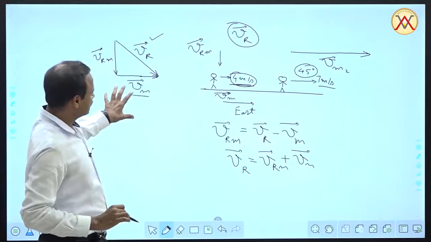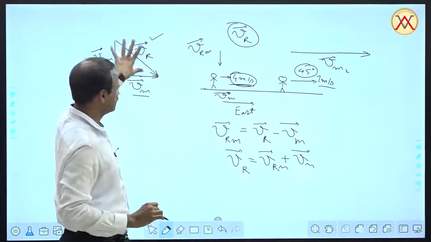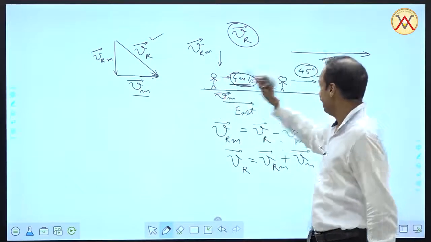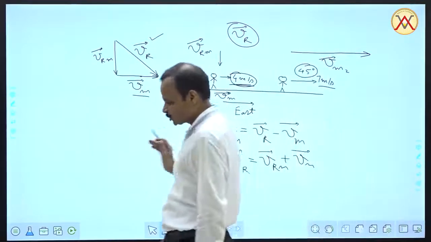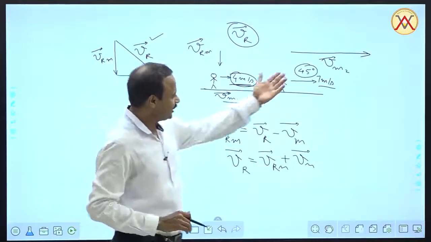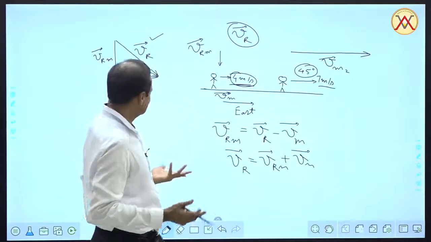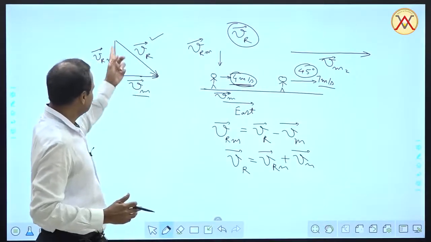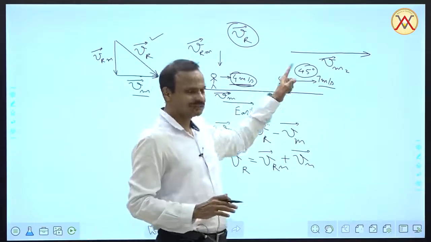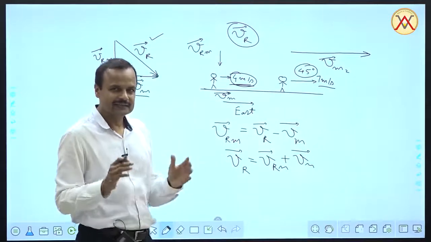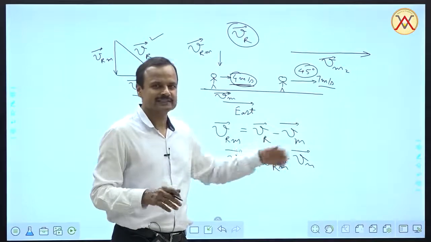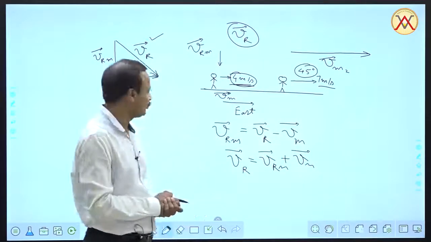Now, of the three vectors, one is common in this and this triangle. In these two situations, one vector is common. Which one is it? Velocity of man, of course, has changed. So out of the other two remaining, is Vrm vector same in this case? No way. Question says it is making an angle of 45 degree. It is the velocity of rain in ground frame that is same in both cases, and that is also our unknown vector that we have to find.